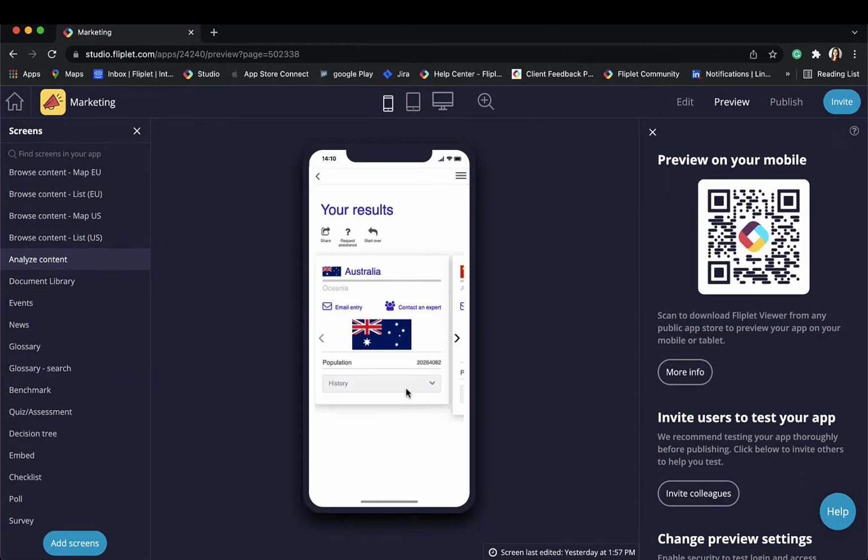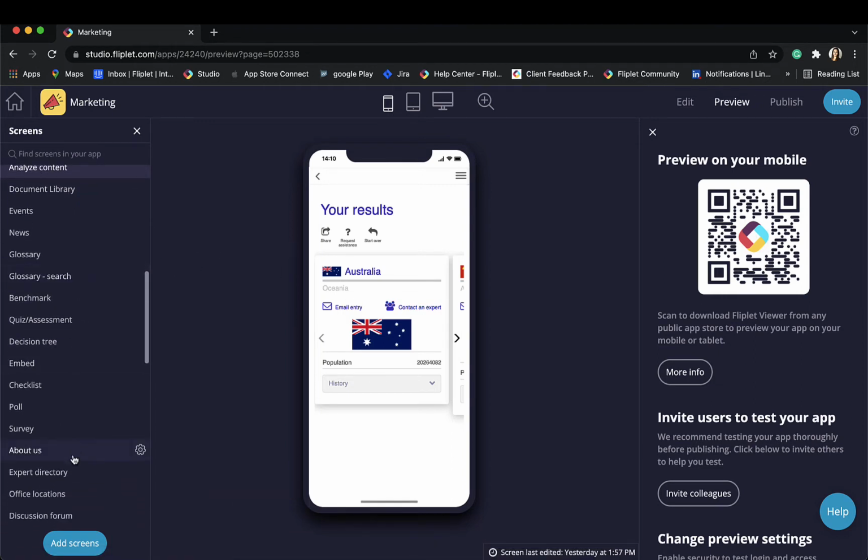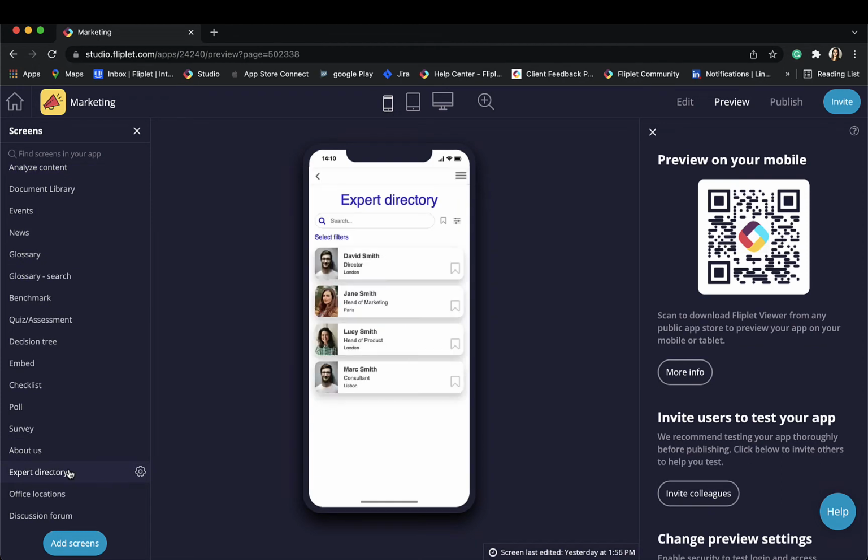As we saw in the results of our Analyze Content component, we have the option to contact an expert. This, we should point out, is how the marketing template facilitates lead generation. The idea is that the user will go in and find this information and then connect to a specific expert for more information. So if we take you to our directory, you will see how this information is nicely laid